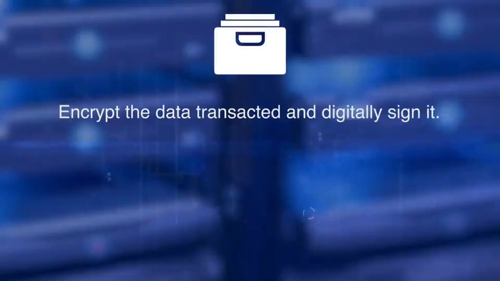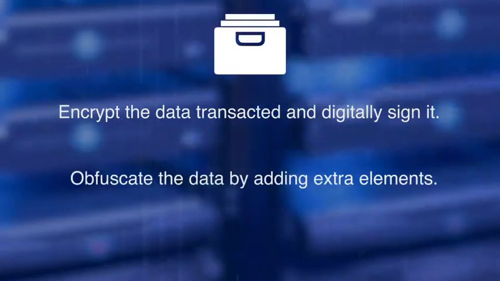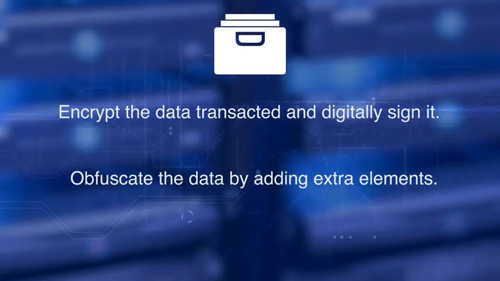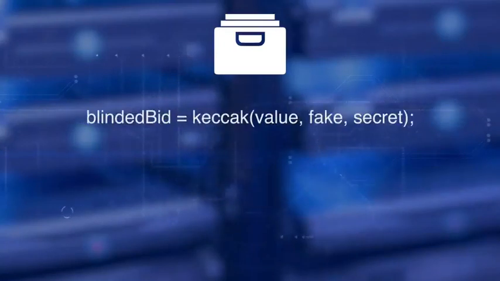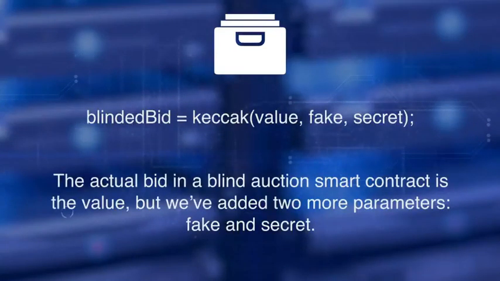We just discussed the basic privacy currently implemented in blockchains. Next, let's look at the confidentiality. For confidentiality, a straightforward method is to encrypt the data transacted and digitally sign it. It is also possible to obfuscate the data by adding extra elements. We illustrate the encryption and obfuscation with the smart contract data blinded bid, where the actual bid in a blind